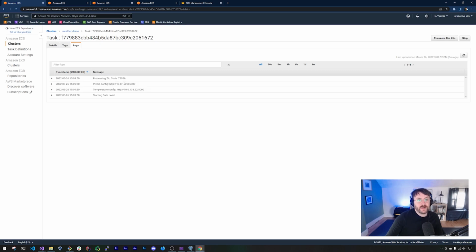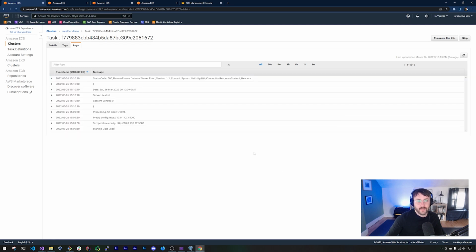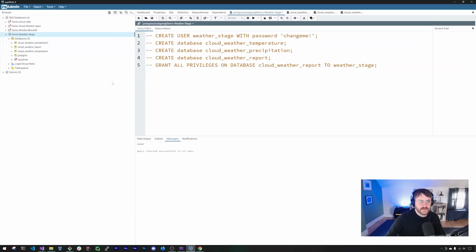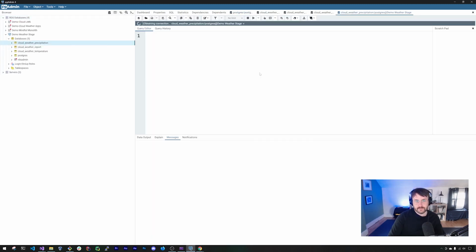Okay, so now we can see we're actually processing a zip code, and we're starting the data load. If we refresh, not seeing any errors at the time being, so that's a potentially very good sign. We should now be able to check as to whether or not data is actually getting written to our database. In our case, we can look either at the logs from our temperature and precipitation microservices, or we could also take a look at the Postgres database. So let's look in Postgres here, and what we'll do is we'll select from temperature. So we'll go ahead and run a query tool here and select star from